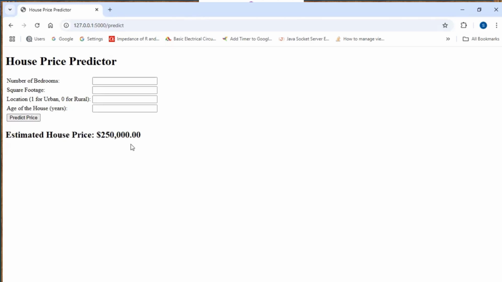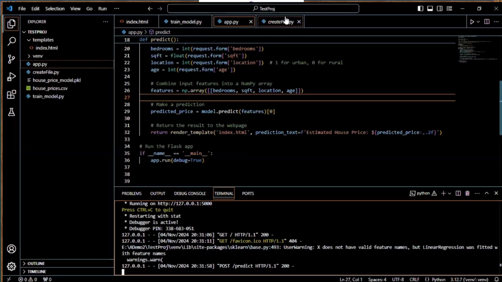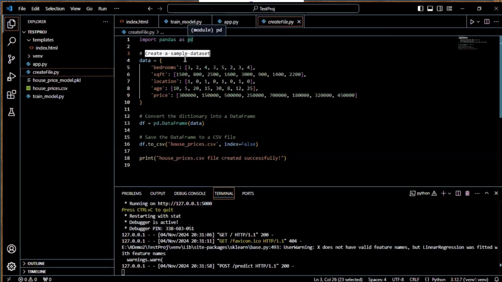Here is the predicted price. Here is the dataset used to train the model.